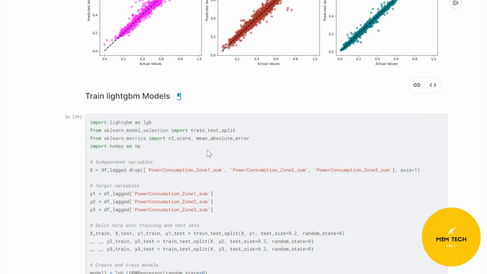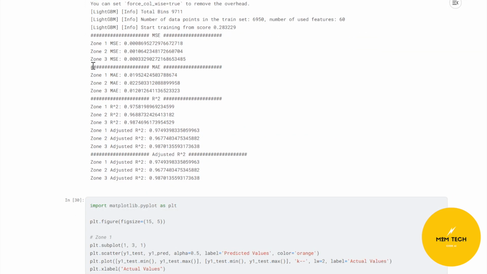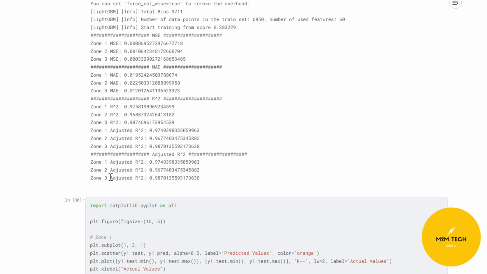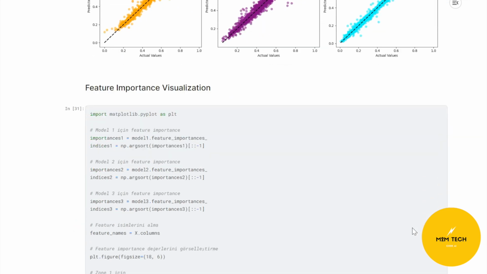choose the LightGBM, and also LightGBM is so fast, and our values are nice also, because adjusted R-square is so high, so close to 1, it is so good for us, and also our MAE values are so low, so it is good too. And I created graphs for these two, and then